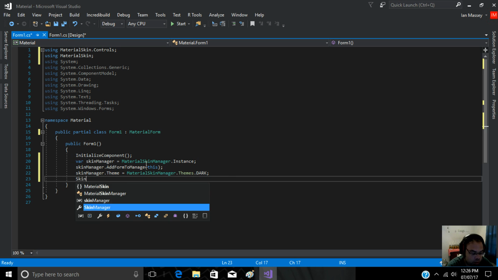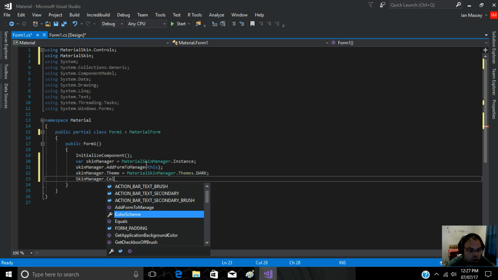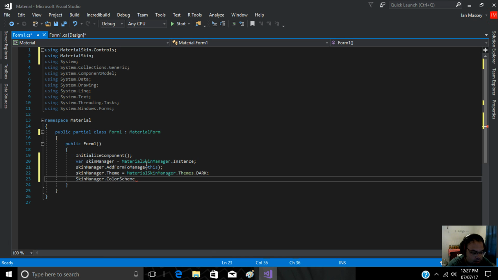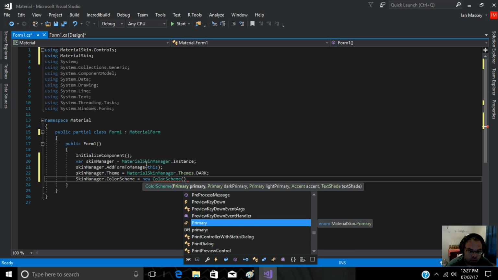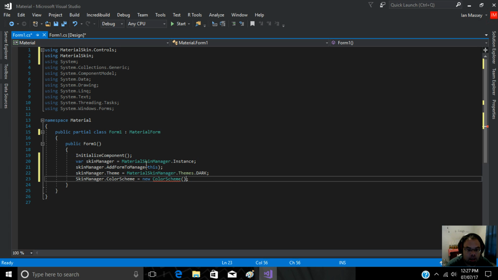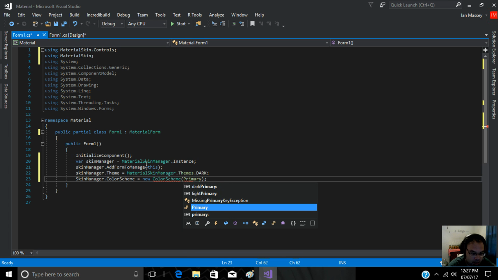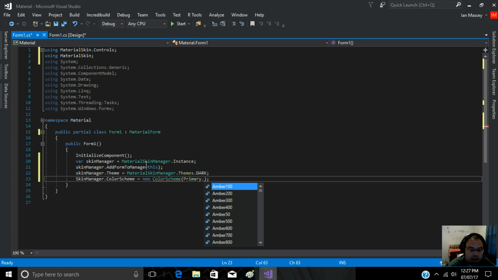Now we got to go to the skin manager color scheme, and then we're going to put a new color scheme on that. We're just going to go ahead and close that off. Now this, you're going to do your primary colors. You can choose any color that you want. I'm going to go with the blue and white scheme. So I'm going to put in primary dot, and then here's all the colors you can do. So I'm going to do blue